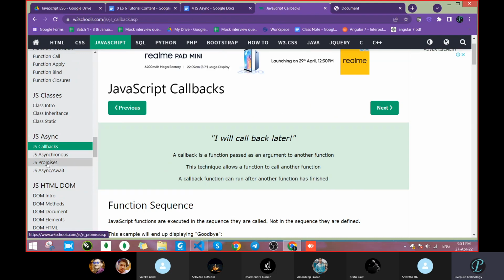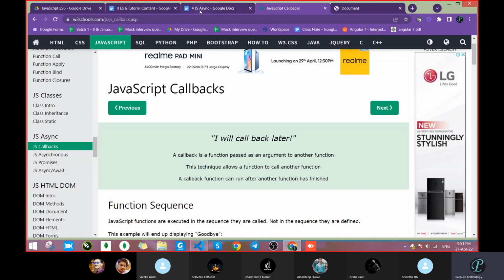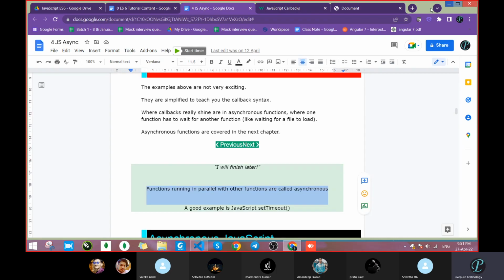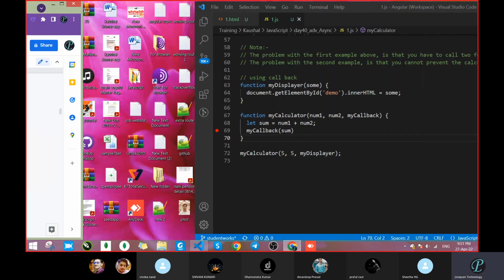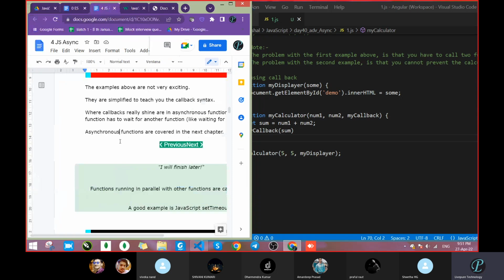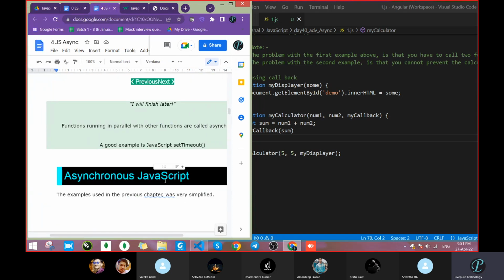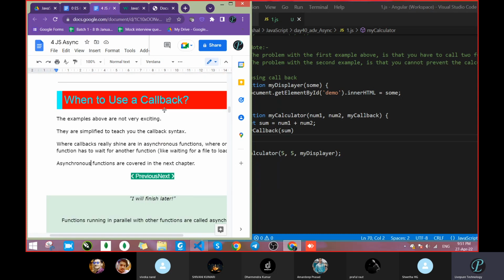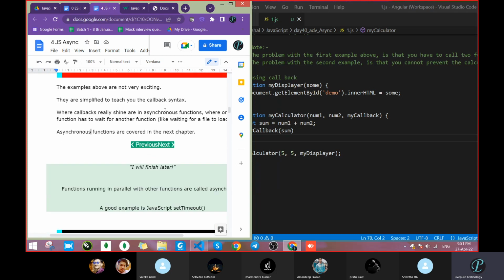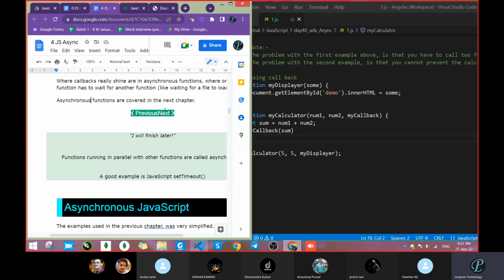Inside it there are callback, asynchronous, promise, async and await. These are all topics there. When the callback works and shows the output, it is more useful in the case of asynchronous, where you will benefit more.